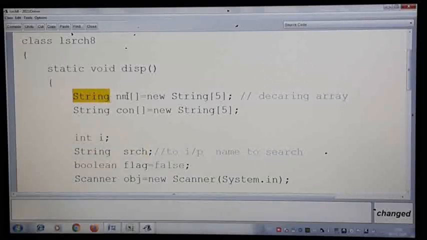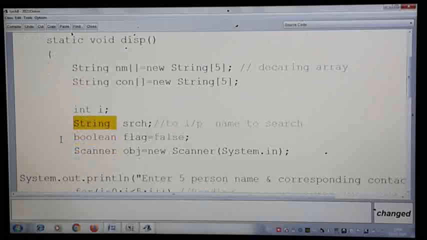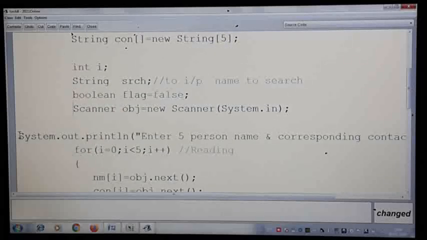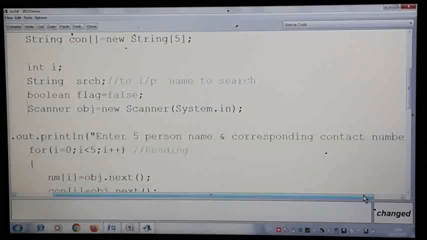So when you are searching for a name, even your search element has to be of type string now. So to input the name to search, this is a variable I have taken. As usual, there is a boolean flag value for linear search, and the Scanner class for the keyboard input. Now we are asking the user to enter 5-person names and corresponding contact numbers.